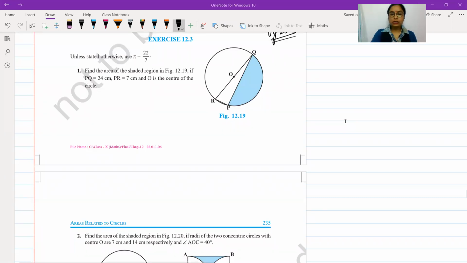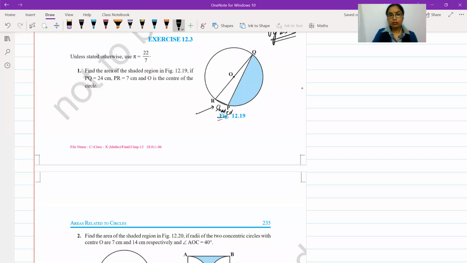So in this question, you've been given a circle with center O. There is chord RP. If you look at your textbook, you might not be able to see the segment formed by the chord RP. The chord, yes, this is shaded. If you can't see in your textbook, please mark that this segment here, which is very tiny, it's shaded.